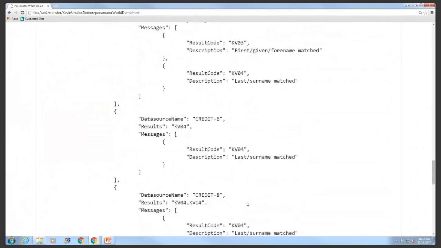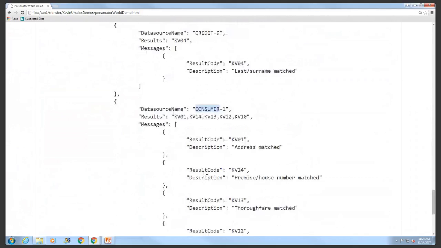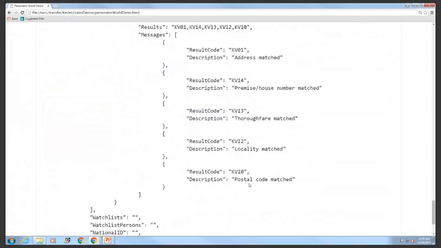So you see there are a lot of credit sources being used here. But then you see another type of data source, a consumer data source. In this case, it's able to find a match on the address. And then we can break down how the address matched. The next set of result codes will tell you the house number matched, the street or thoroughfare matched, locality matched, city matched, and the postal code matched.